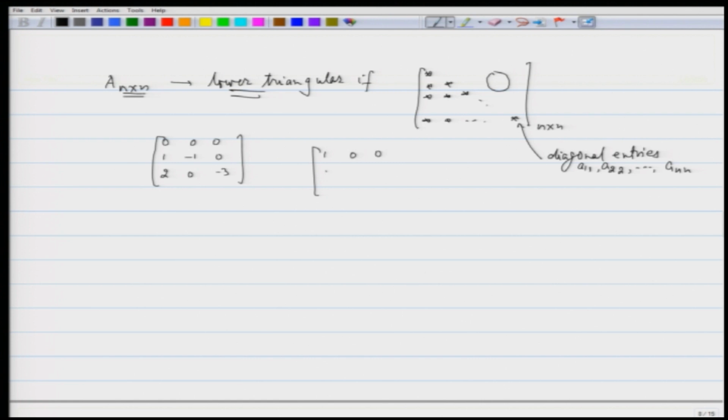1, 0, 0, 0, 2, 0, 0, 0, 4 is also lower triangular. It turns out that this matrix is also upper triangular, as well as a diagonal matrix, because everything other than the diagonal entries is 0 here. So, lower triangular was everything above the diagonal is 0, upper triangular means